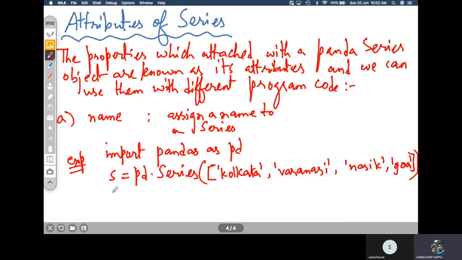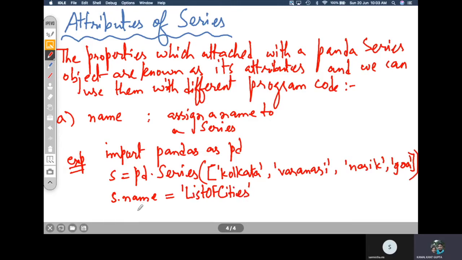Then you can simply assign a name to this series S by writing S.name = and giving any name to this series. Say for example, I'm giving the name as list of cities.